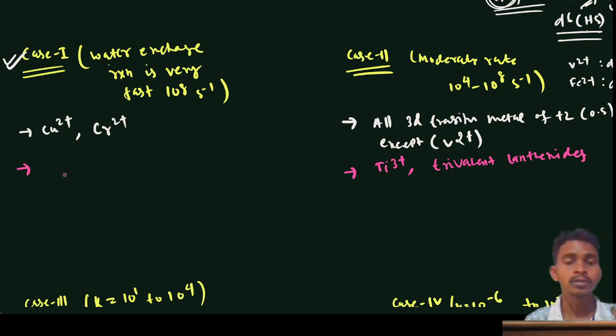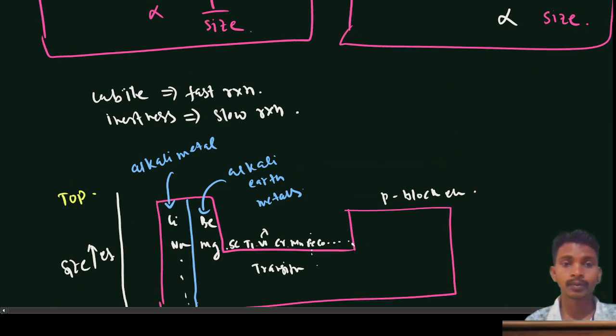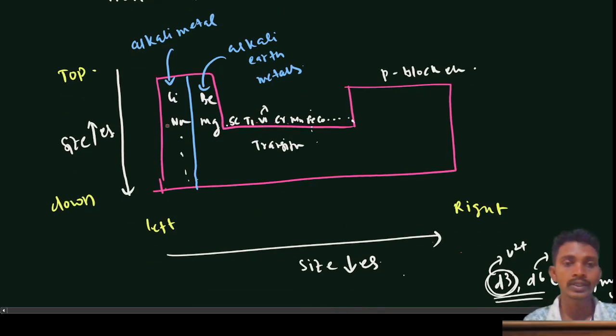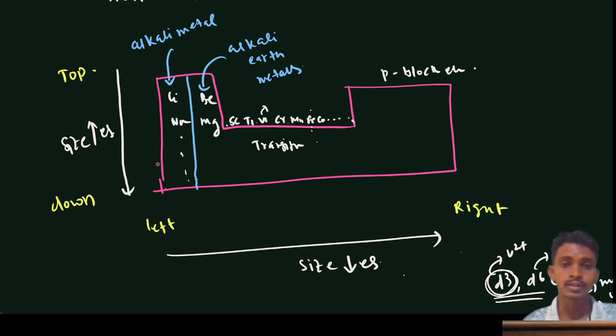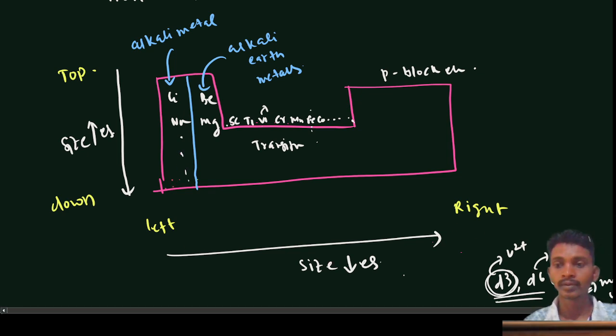So here for non-transition metal complexes, that is main groups, you see that the size is high. In both the cases of transition and non-transition metals, we explain with the help of this periodic property, that is size. Here size increases, here size decreases. Now for non-transition metals or main block elements, see lithium. It has a high size, because from left to right size decreases, which means this has the high size.